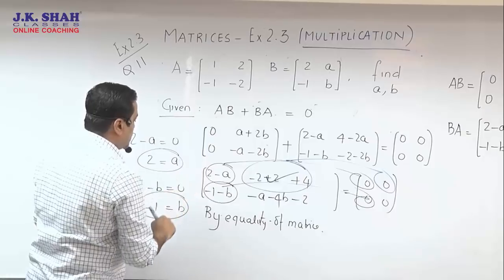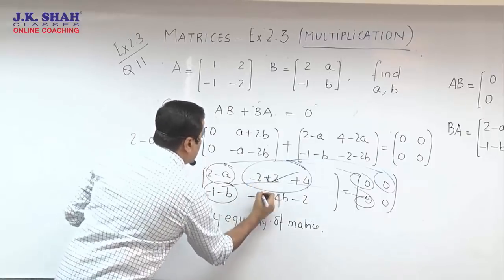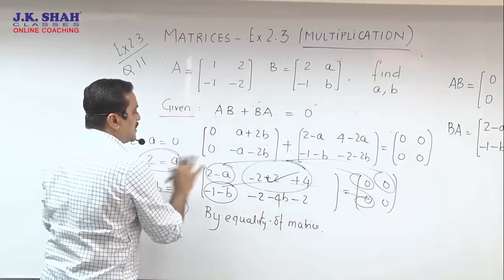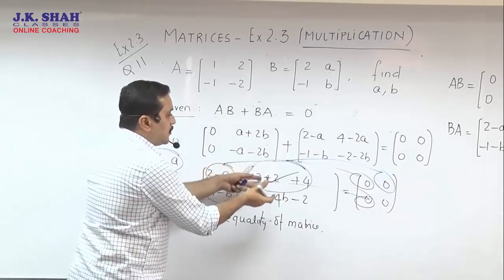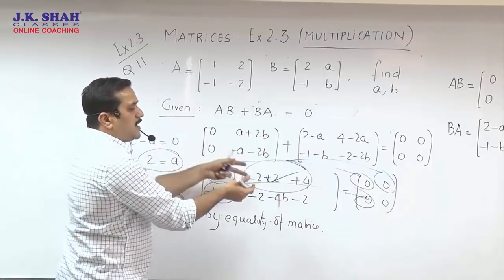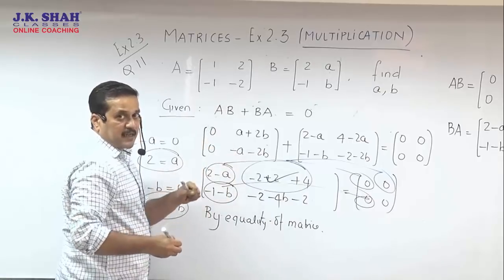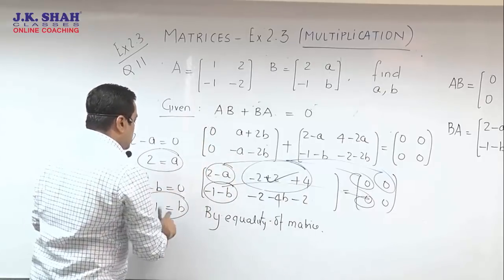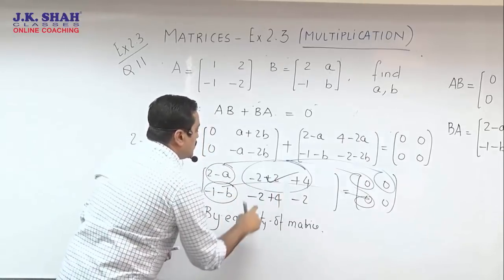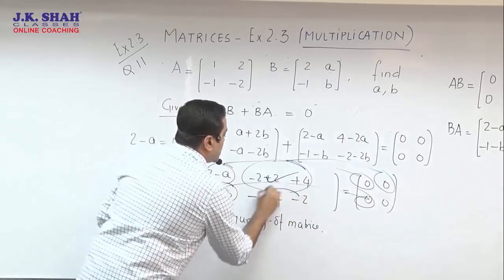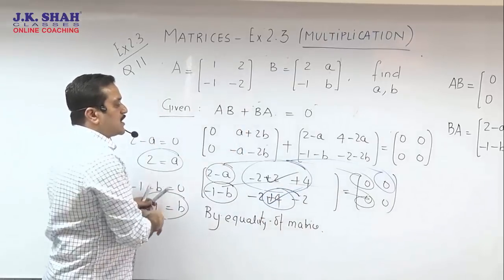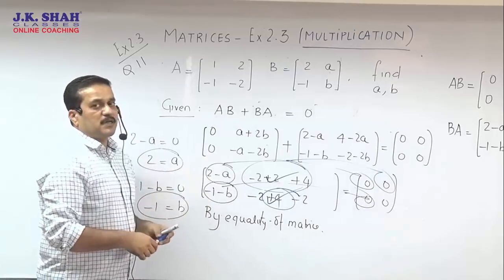Still one more confirmation we can go for. We can put A as 2 over here. B, I will just remind you, sum is long back over. We are just trying to check the left out elements by putting the values of A and B, to see whether the values of A and B are correct, and whether the elements which we brought with so much effort are correct or not. So we are putting the values of A and B in that. Over here B is minus 1, so that's going to become plus 4. So we have got minus 2, minus 4, plus 4, even that's going to be 0. So we checked it and we got it, okay, the values are correct, also the multiplication seems to be correct.